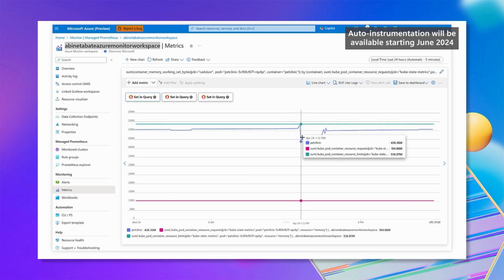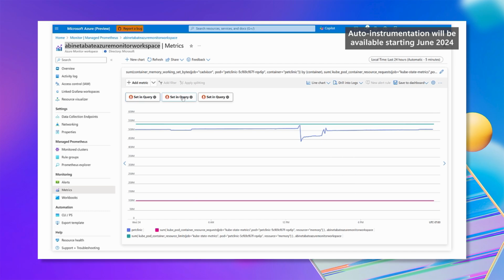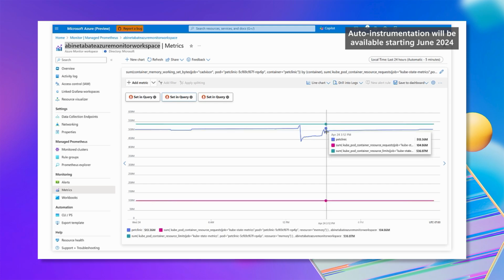Number 1, its memory request, the lower pink line. Second, its current memory consumption, the blue line. And finally, its memory limit, the upper green line. As we can clearly see, the pet clinic pod's memory consumption is very close to its limit, and there are memory consumption spikes where it was nearly reached. Thus, with a few quick queries, you can quickly plot metrics right here in the portal and analyze the behavior